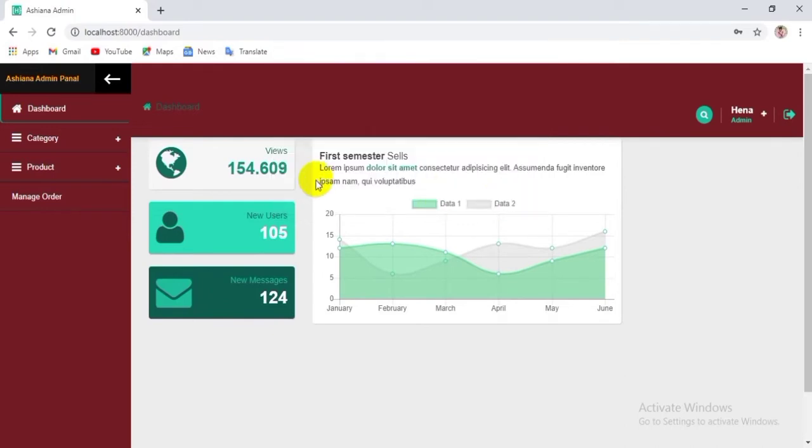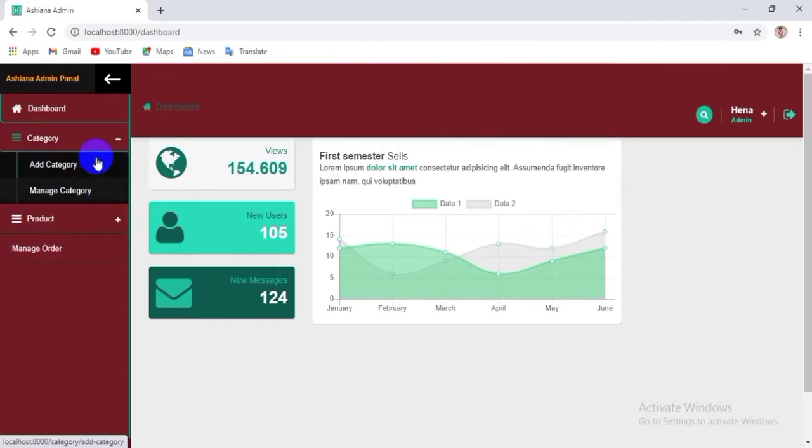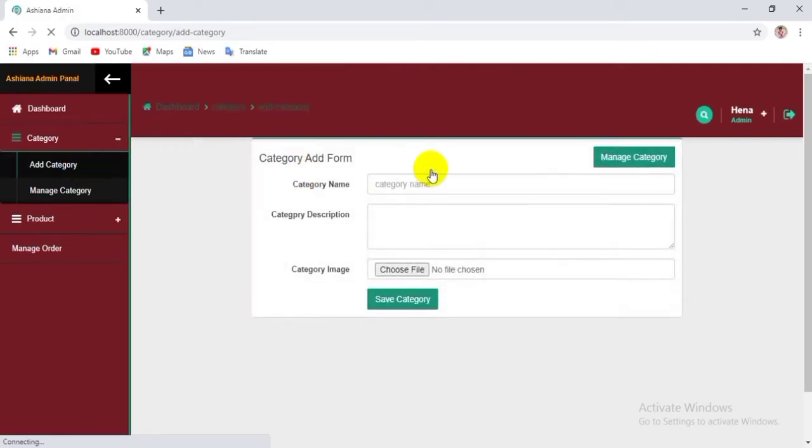In the dashboard, there are three sections: category, product and manage order. Category also has two sections: add category and manage category. This is the add category form.